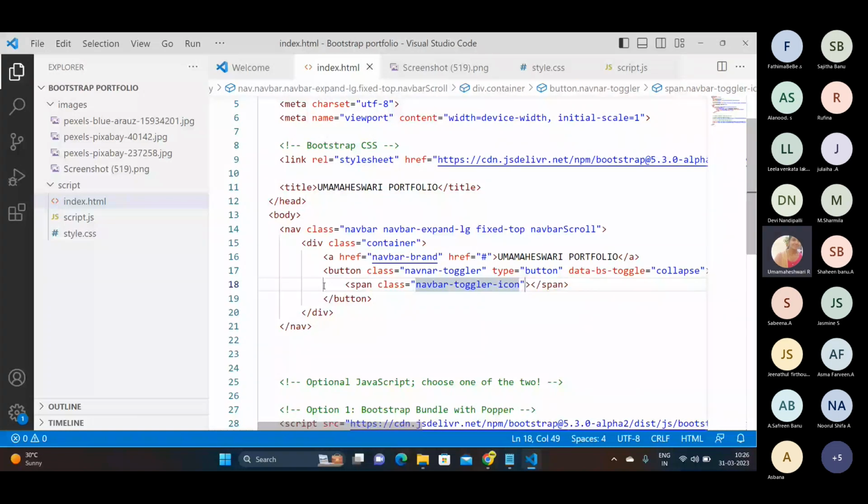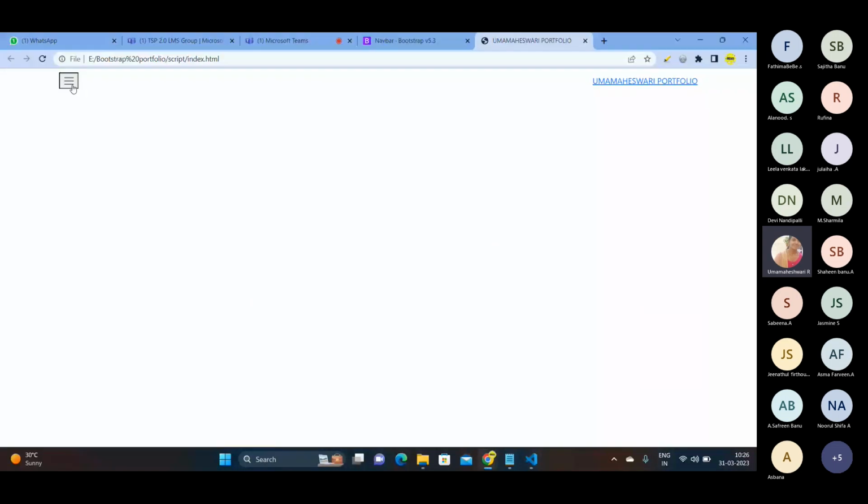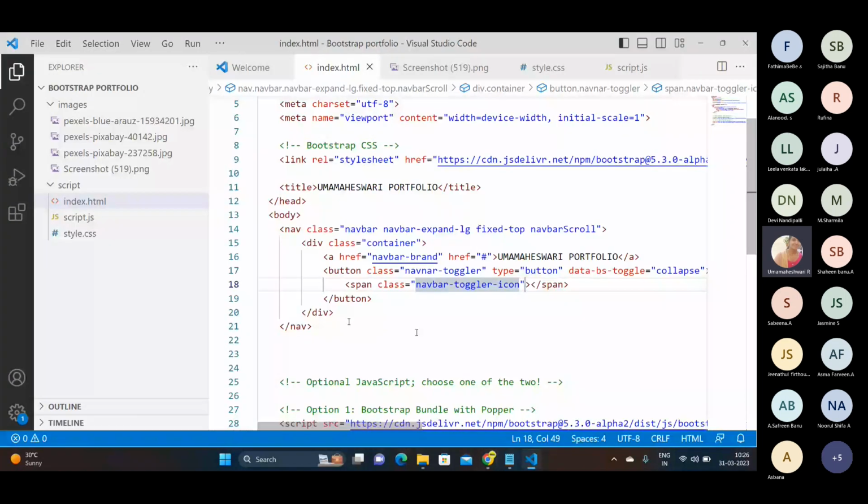So here, you can see the toggler button has been used, right? Okay, so this is all about the navigation part. After doing this, we need to import some fonts. So what is called Font Awesome? Font Awesome is nothing but, for example, if you go and check here,